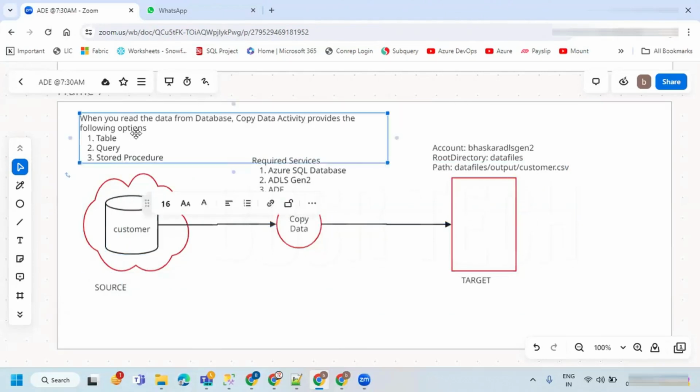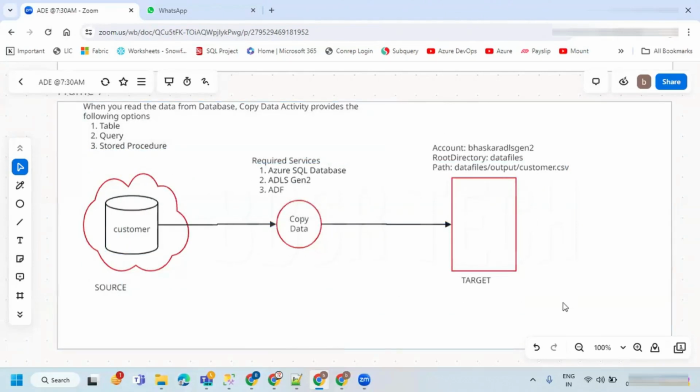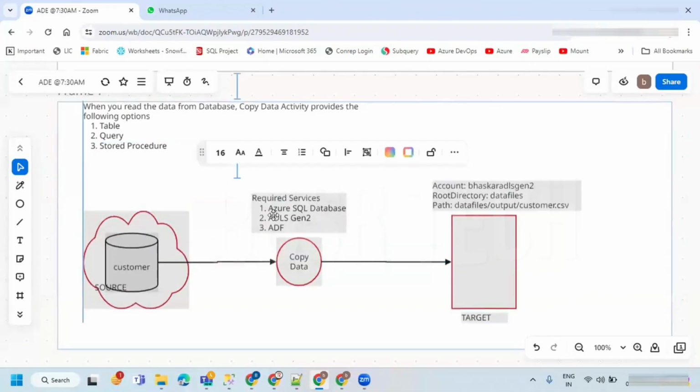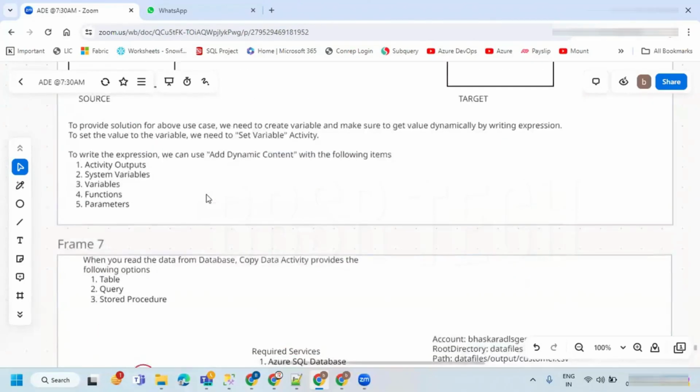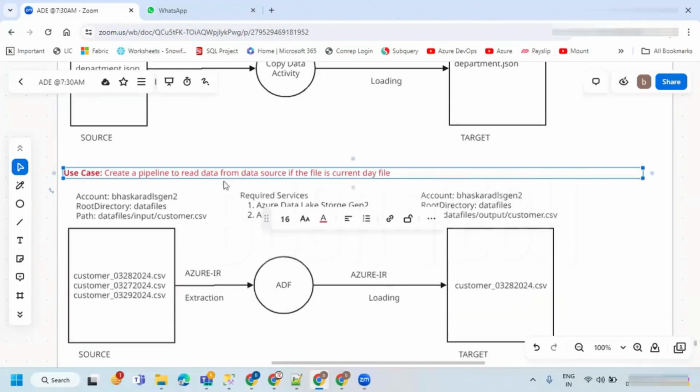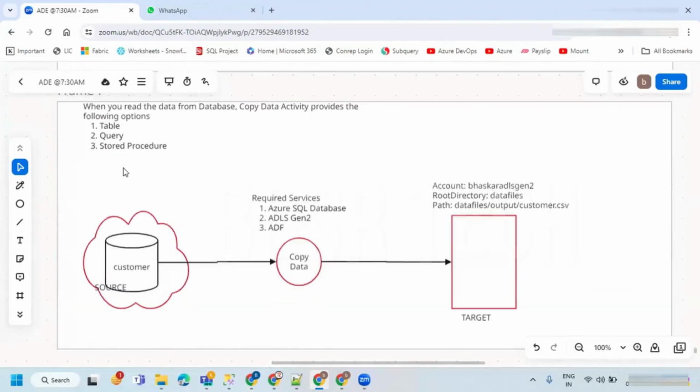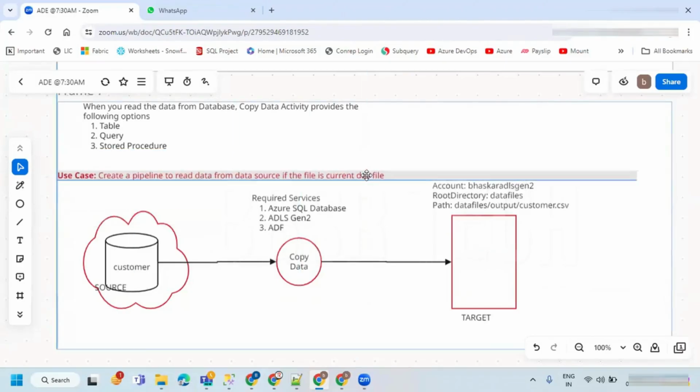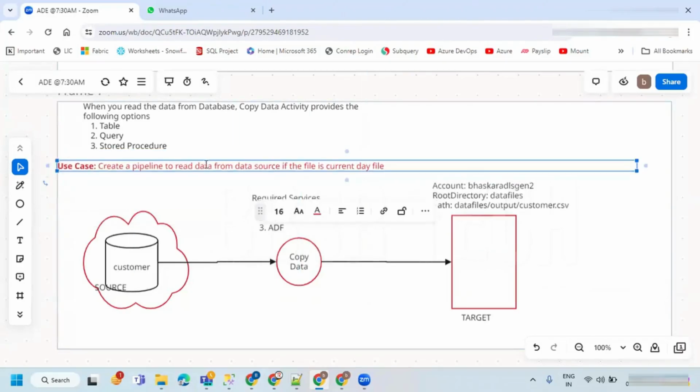I'll do one thing. Let's make it a little up. Okay. Create a pipeline to read data from source, let's say from the Azure SQL database to ADLS Gen2, as per the below diagram.